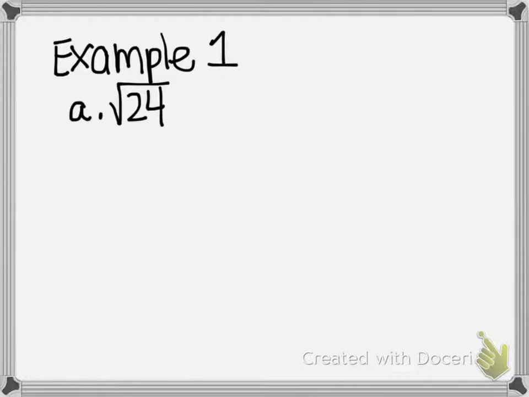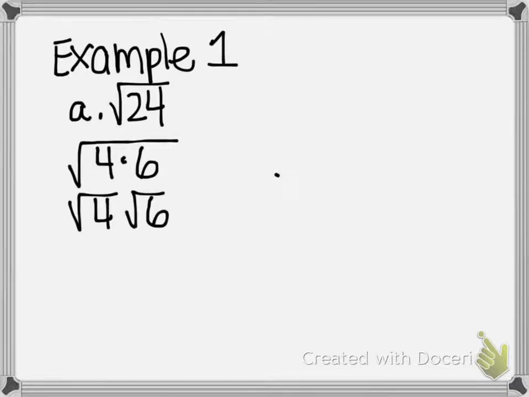So if you think about 24, it does have a perfect square factor. It happens to be 4 times 6. And because this is multiplied, we can actually separate it into its own square root. And again, you notice there's the square root of 4, and we know that the square root of 4 is just 2. Now the square root of 6 doesn't have a perfect squared factor,